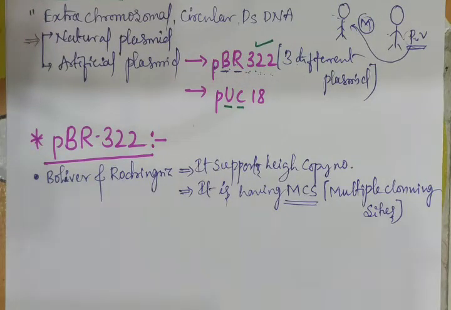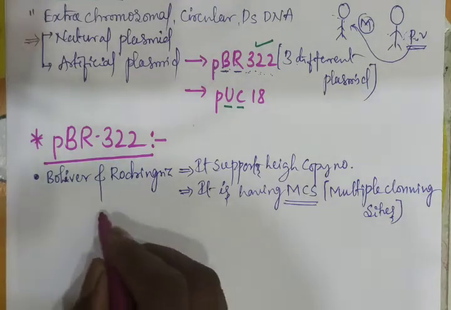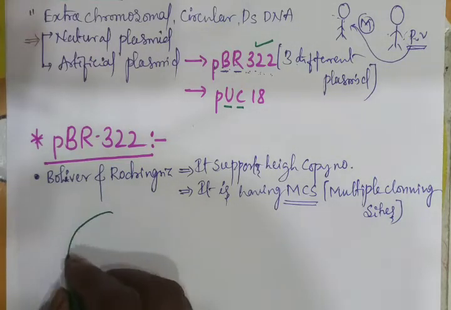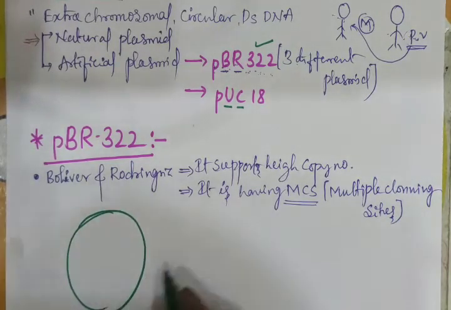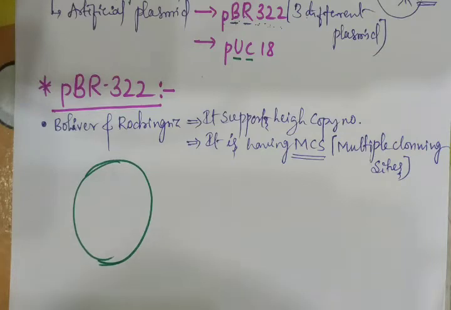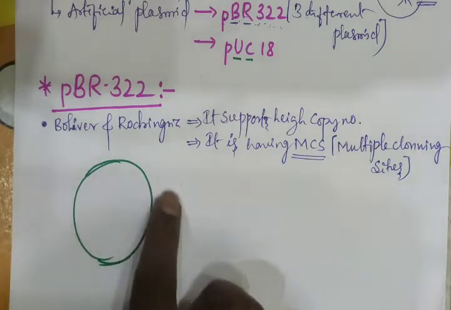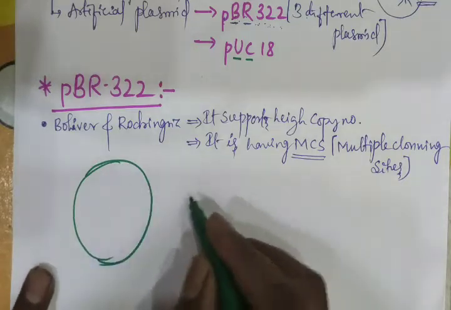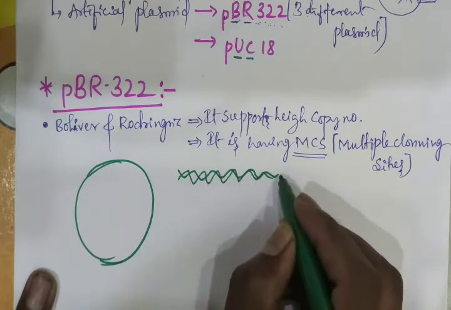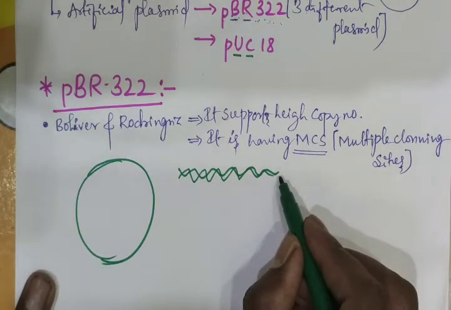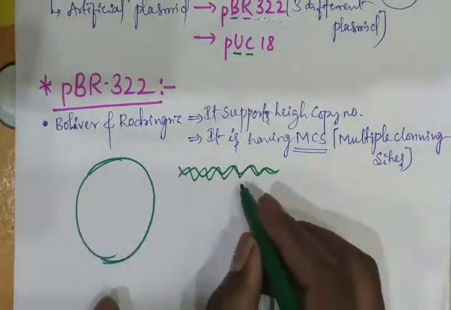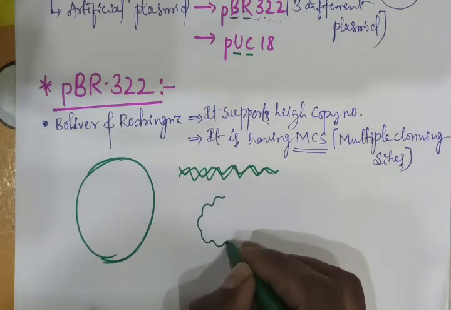Multiple cloning site. Okay, let me tell you what it is. Let me consider this is one plasmid. Imagine this is one circular plasmid, and here I can cut the plasmid, and the whole sequence of the plasmid I know. Actually, how is this plasmid formed? We know this is the structure of DNA already. Imagine this side and this side of the DNA, if we coil and connect them, the structure will look like this.